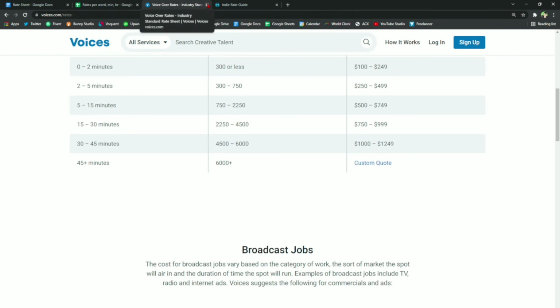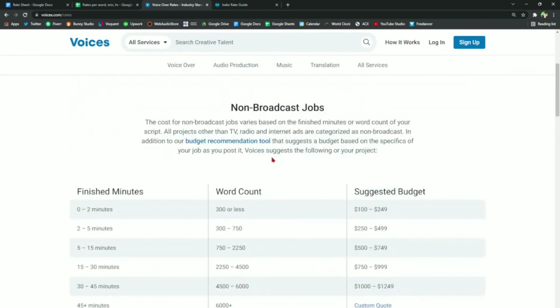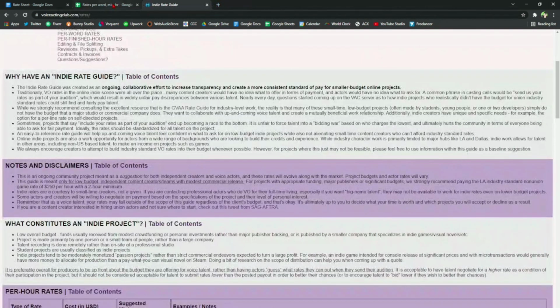Now, right now, I don't pay for voices.com. I'm not a paid member. I don't do any paid play sites right now. And so I'm not paying for the overhead, the $500 a year or whatever that people pay from voices.com or voices123 in these sites. So I don't charge as much. So that's part of one of the reasons. I do all the marketing myself. Okay, so those are my rates.